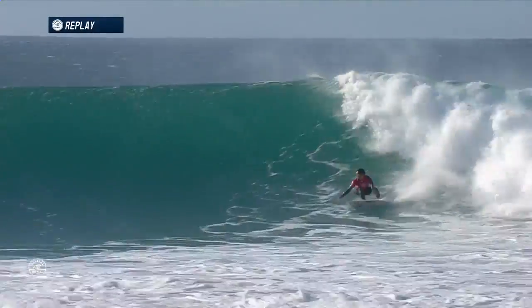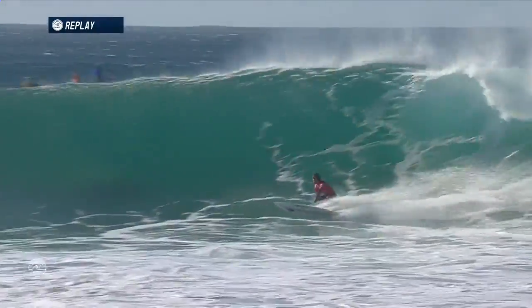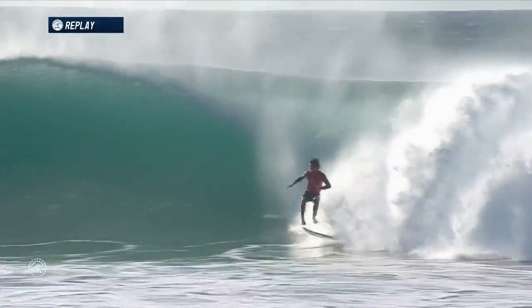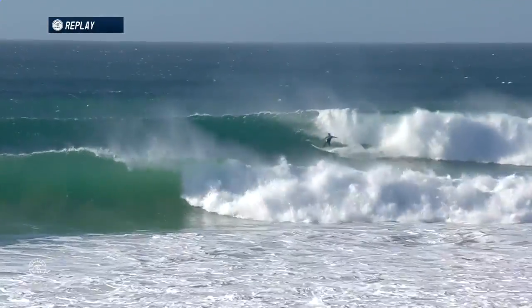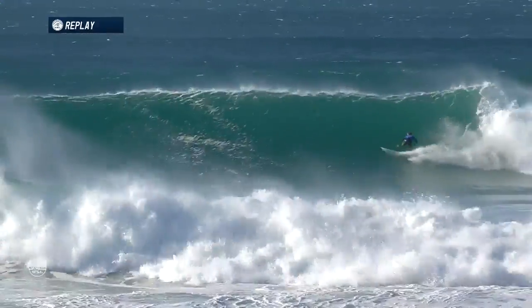First section there, a little flatter, but now starts to steepen up. He's able to snap through that first section and then go vertical. That's the major move for him. So he was able to do that on the outside, but he did not get the finish. That's important here at J-Bay. Whereas Frederico, a tinge smaller wave, but got those outside moves, the big round arc, which sets up, again, that steeper